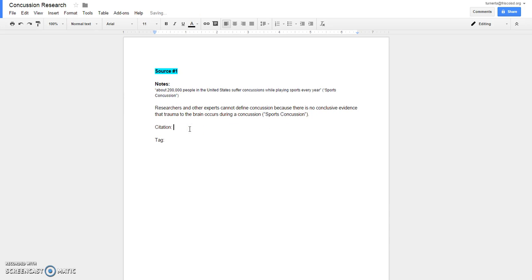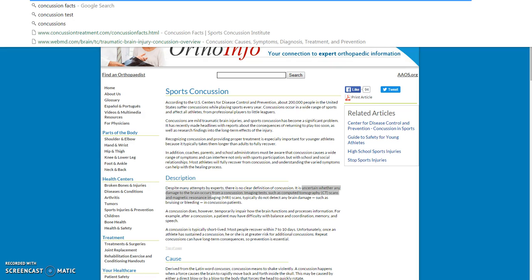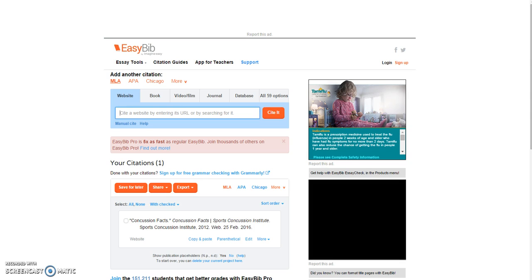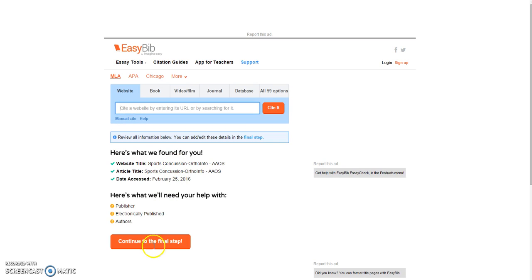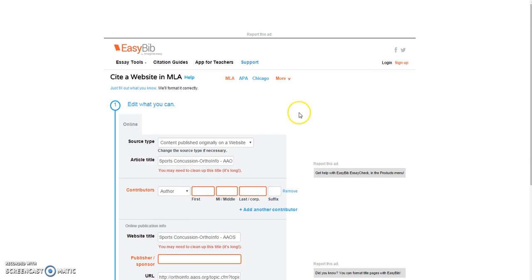Now I'm going to go ahead and cite the source, because what if this URL changes? What if it's not in the same location when I go back tomorrow? That's why we never use just URLs in our Works Cited page. So we're going to copy the URL and we're going to go to the citation generator we want to use. So in this case, EasyBib, we're going to paste that, click Cite It, and then it's going to bring this